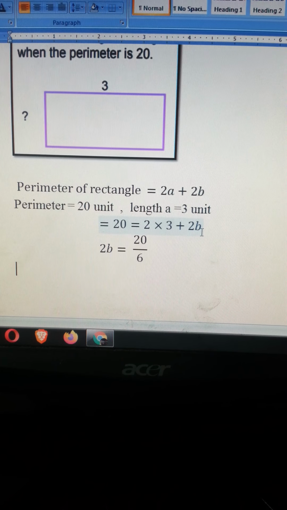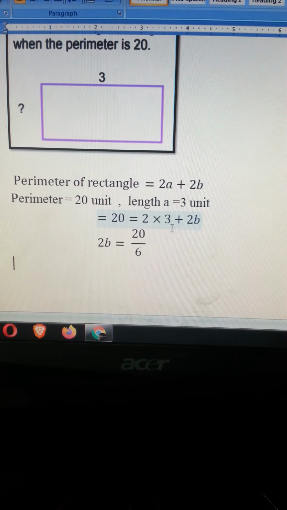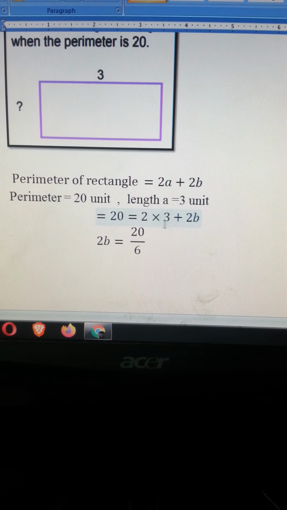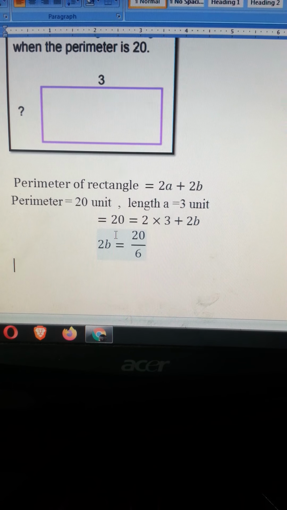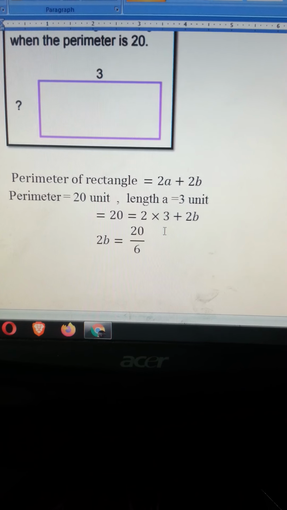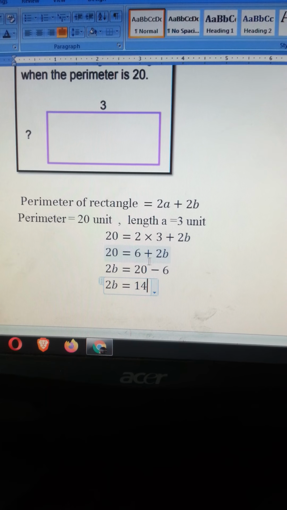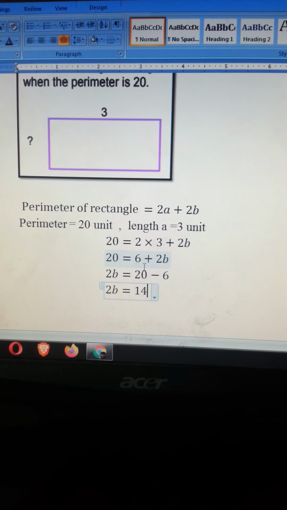So this 6 will be left alone with the unknown variable. We cannot calculate B with a known value. Okay? That's why we are going to shift this 6 to the other hand side. Sorry, by mistake I just told you that it is being multiplied over here. It is added over here, right? It is being added over here.